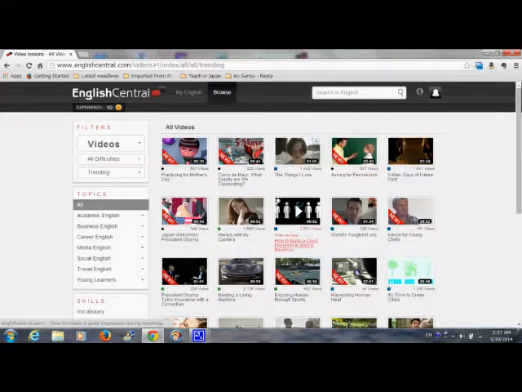And when you do that, you'll see a wide selection of videos here. It's a bit small, but you can see here that each video has a little ranking or difficulty level. And the black diamond means advanced, a blue square means intermediate, and a green circle means beginner. So it's similar to the skiing hill rankings. If you are a skier, you will know what those symbols mean. Anyway, on this site you can watch any video and listen along with the transcript. And that's why I like this a lot.